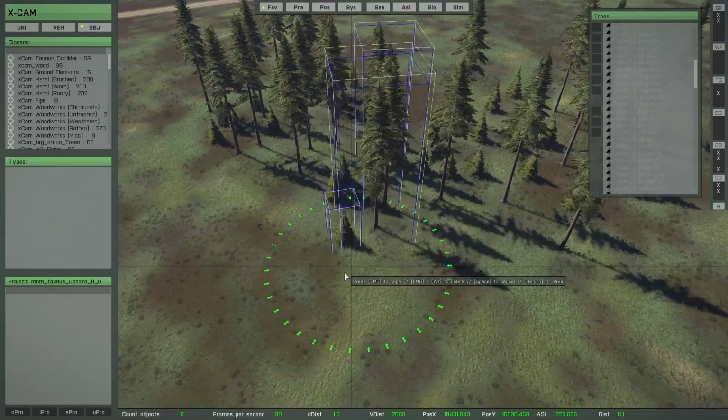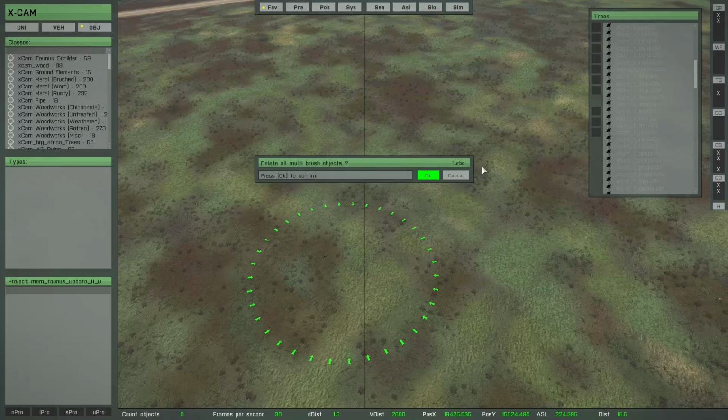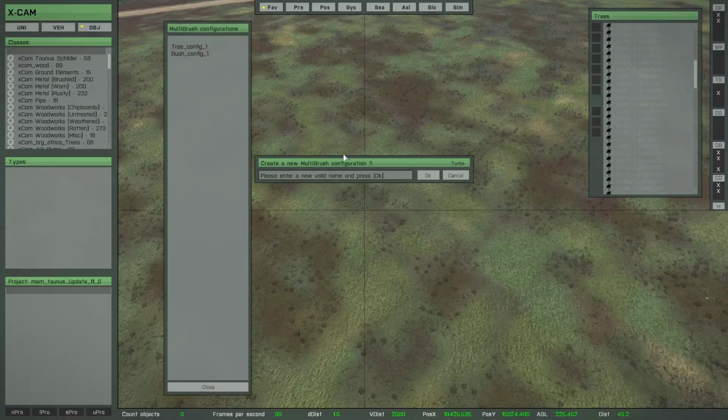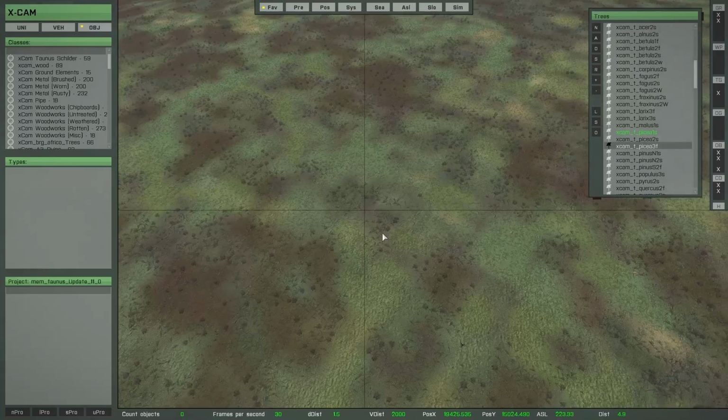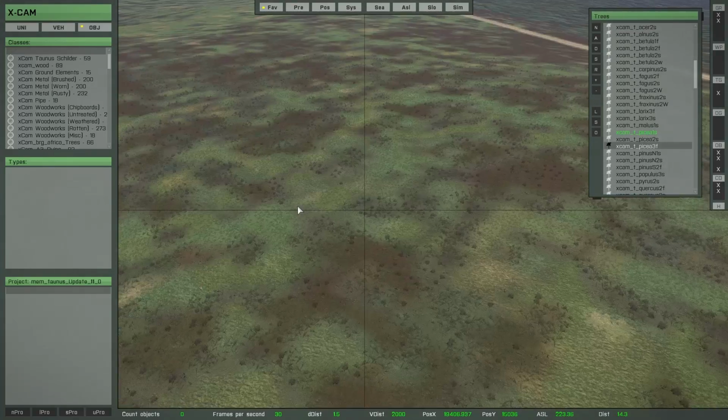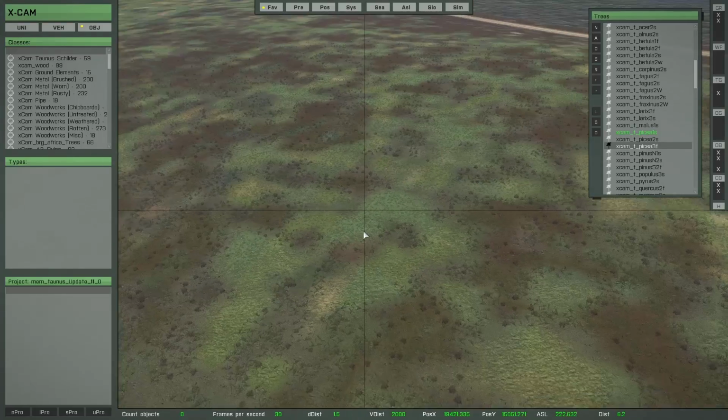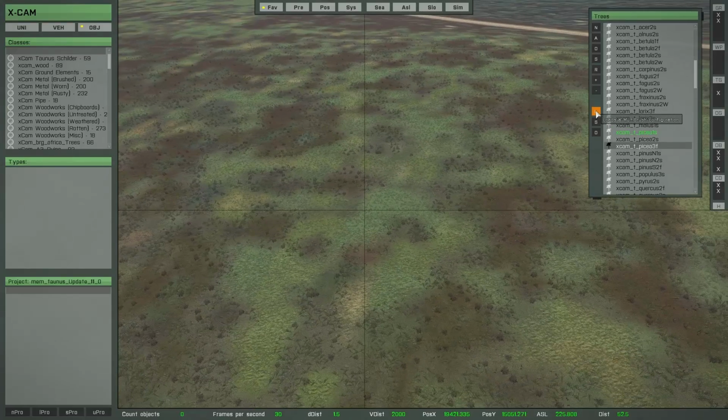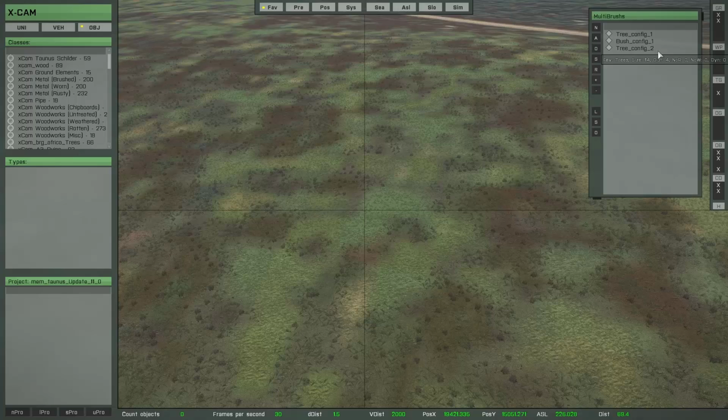That's okay. Space, save button, tree config 2. And now, after we have saved the first three configurations, press the load button to see the